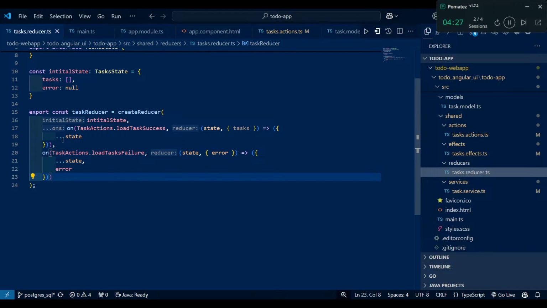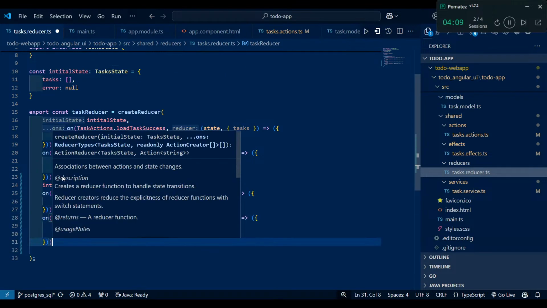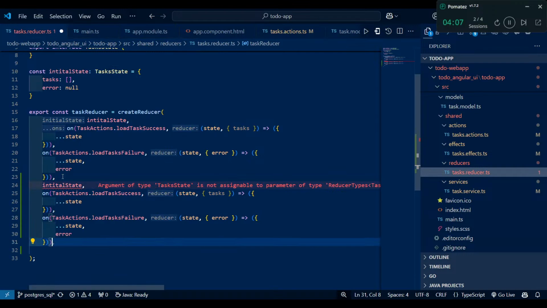So what we can do here is we just need to copy paste these two lines from 16 number to 23 number, along with the comma we just need to add, and not initial state,